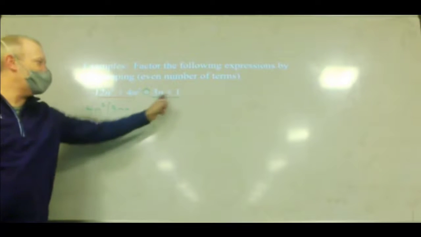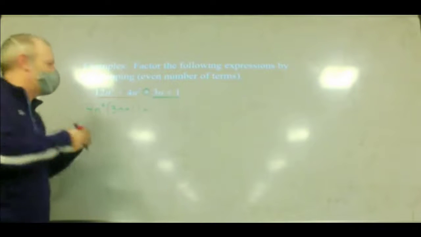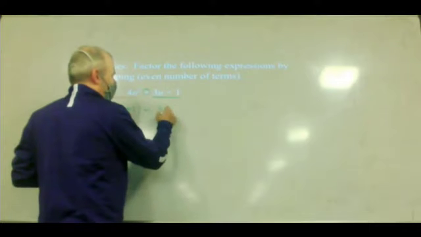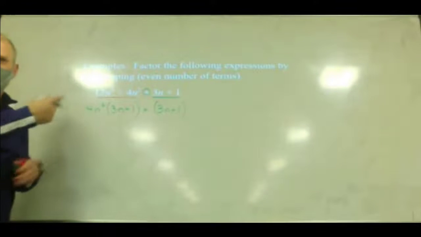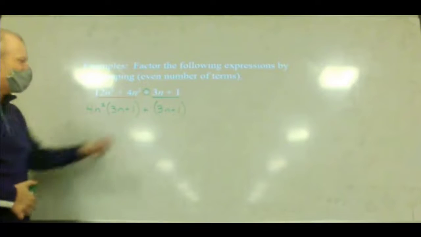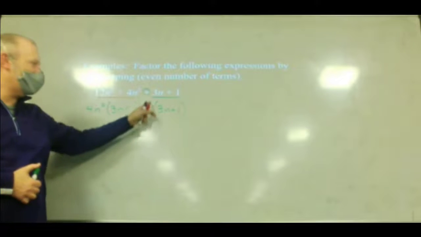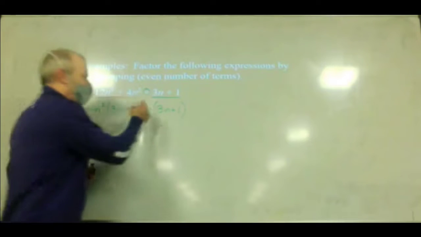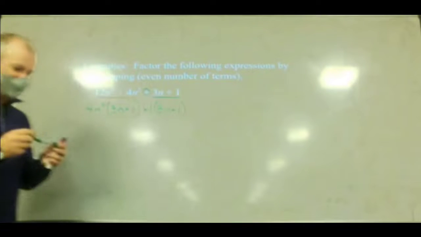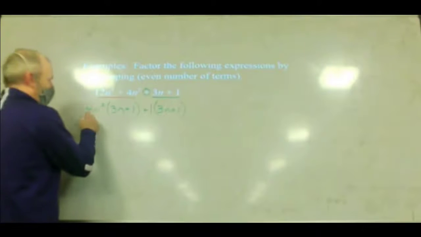So what can we factor out of both of these? If these are your 2 terms, can we factor anything out of here? They don't have anything in common. So we're just going to write down 3n plus 1. But we want to view it as a group. So what does that mean is automatically in front of here? A 1, right? If there's ever a spot that is in front of a parentheses or anything, it's automatically a 1. And we actually want to put that 1 there in this case because now we have our first half